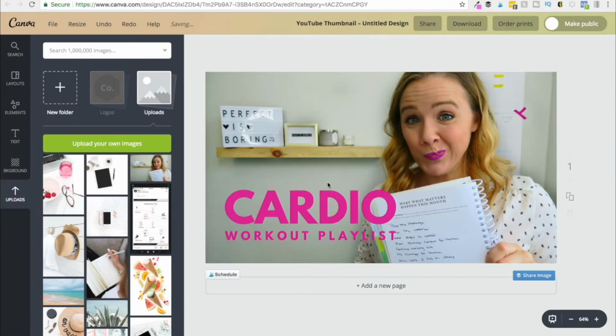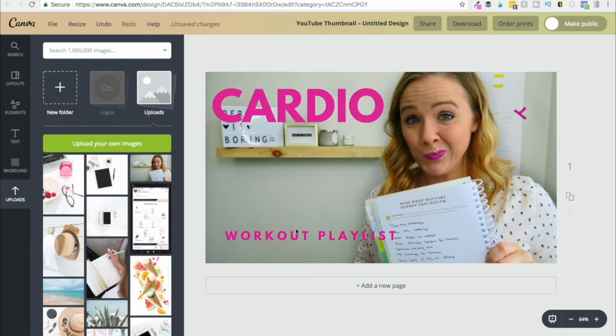Now once you have your image dropped in there, 2 little tips about thumbnails. One, there's going to be a little timer over here. That's how long your video is. So you don't want to put anything right here. And in this corner, it would be good for you to put some kind of pattern or some kind of branding element in this corner, just to reiterate to people, this is your video, and they get used to seeing it. So I'm going to go ahead and move this text up here, move this text up here,